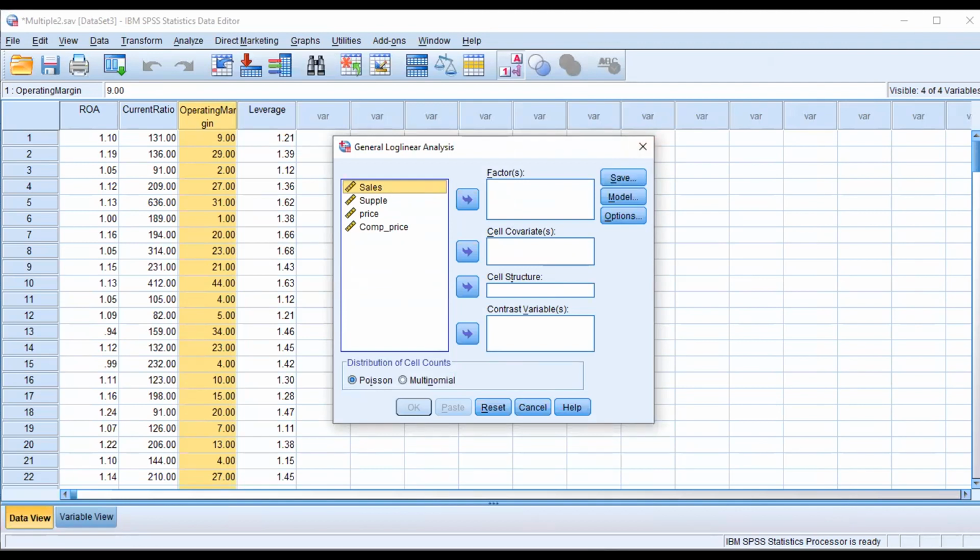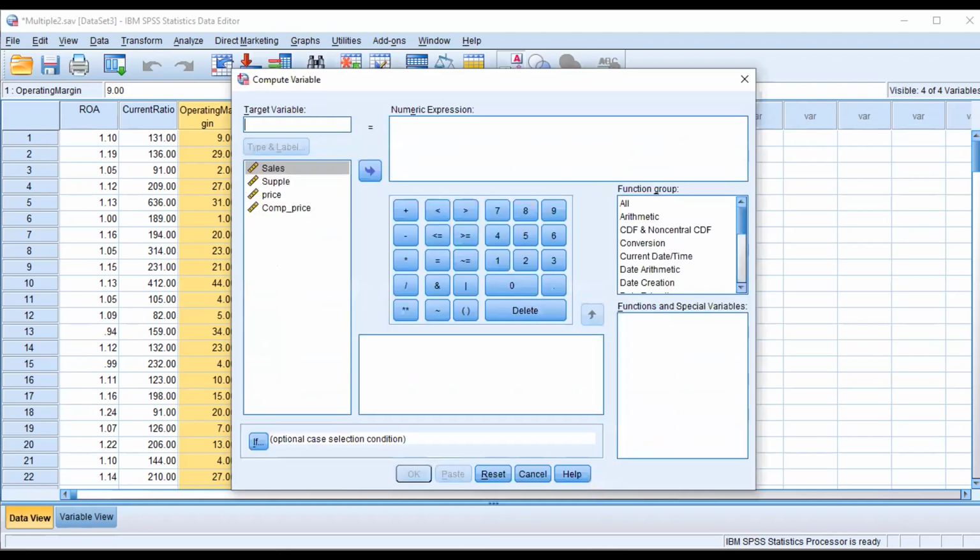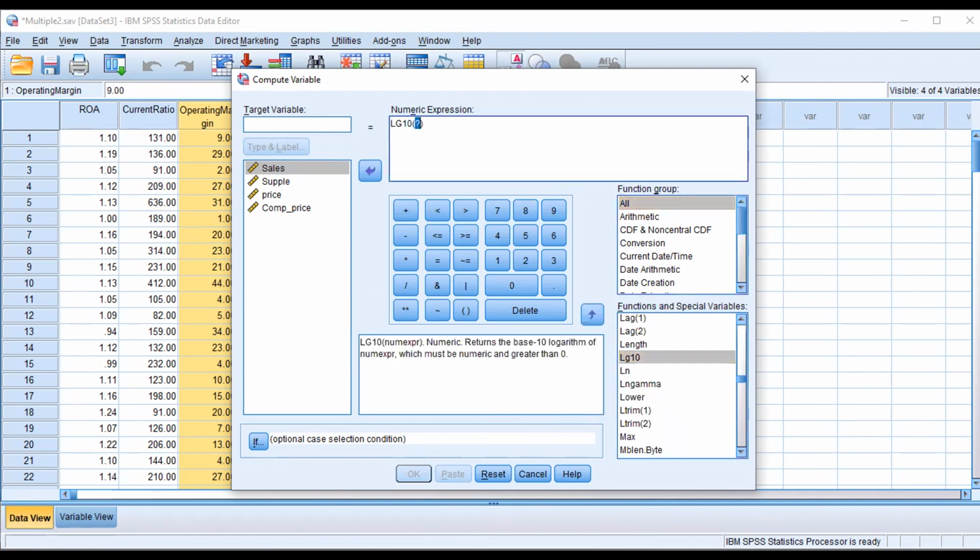It can also consider Poisson distribution and multinomial, but in a simple way we can do it here with Compute Variable. Go to All functions, then the log function, log 10 or ln, and here I'm taking the target LG sale.